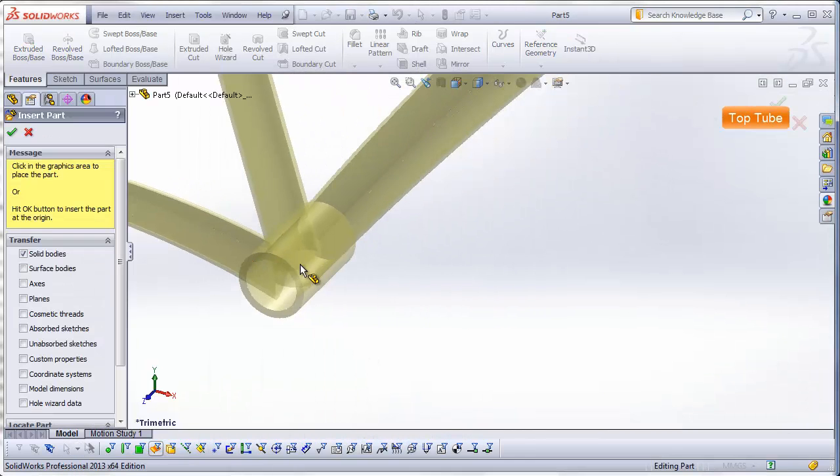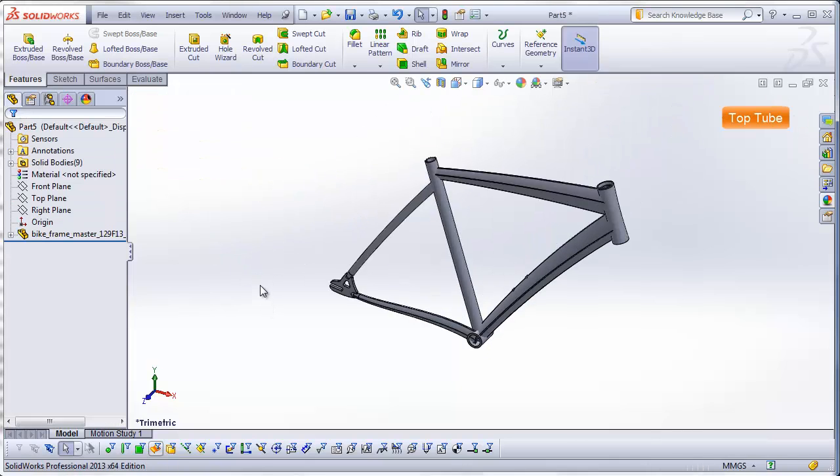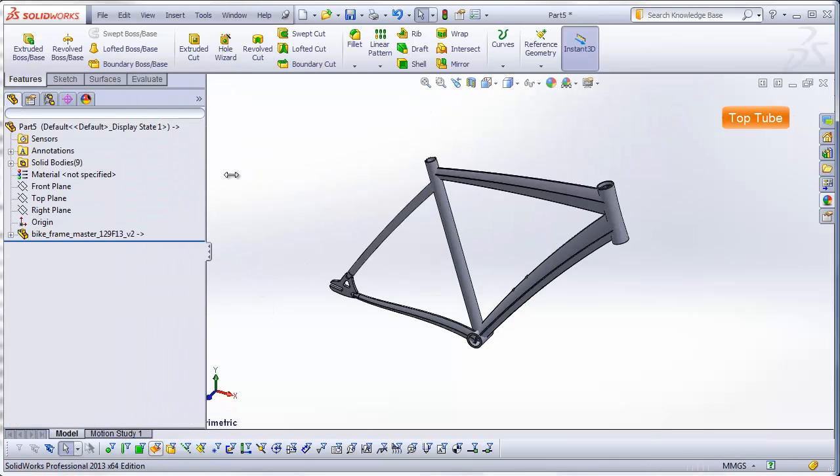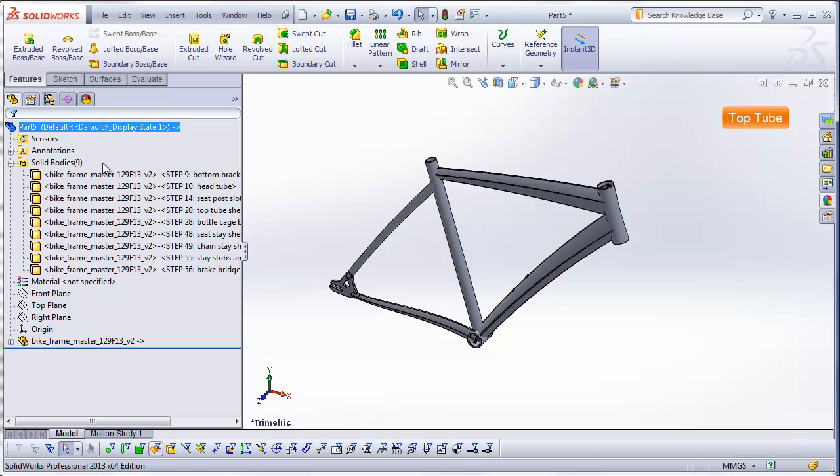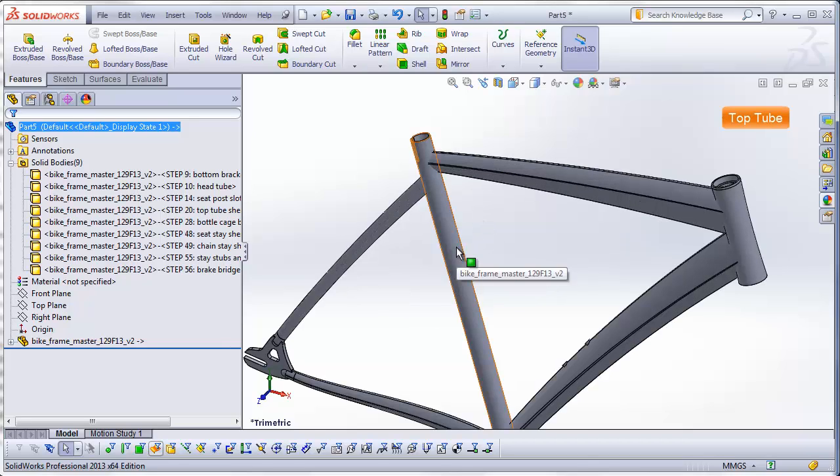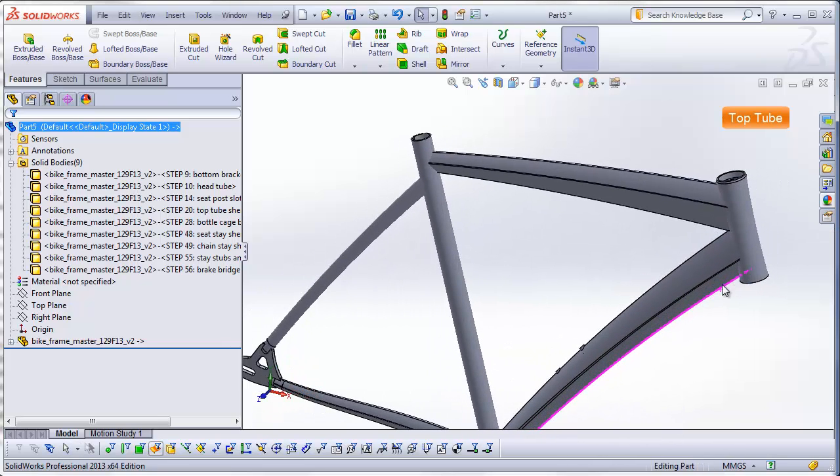green check mark, and the next body to separate out is going to be the top tube. Once again, we have an issue here where the top tube needs to be mitered, where it intersects with the seat tube and where it intersects with the head tube. So we need to make copies of this outer surface and this outer surface before we can delete the extraneous